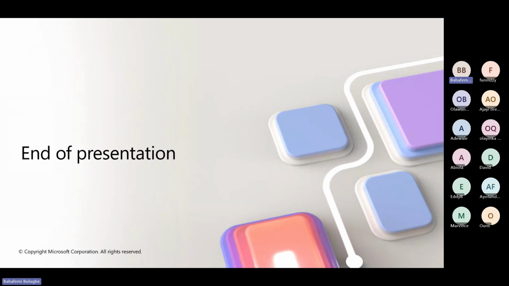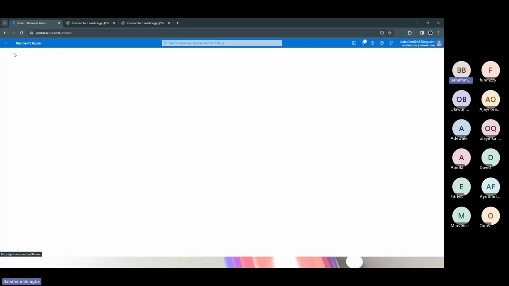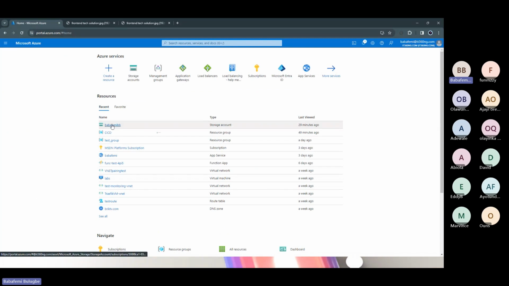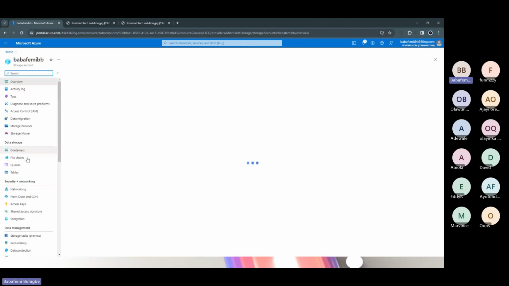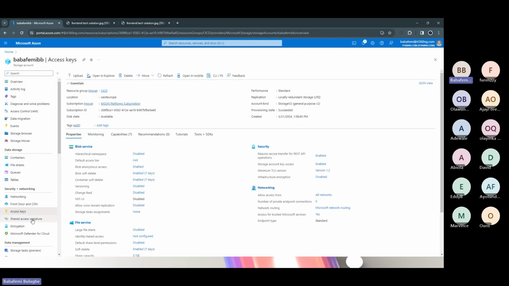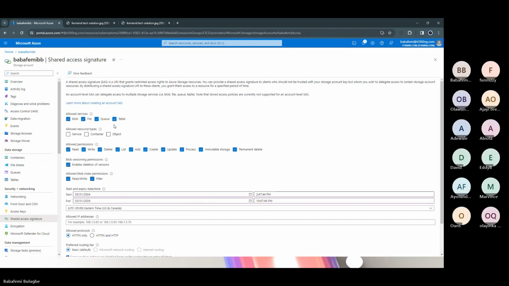So let me just go back to what I've created here, and just the same way we have the storage accounts. Let's start with the SAS that we talked about. This is where you have the SAS. Now under here, you can create. Let's hold on for these. Yeah, this gives you